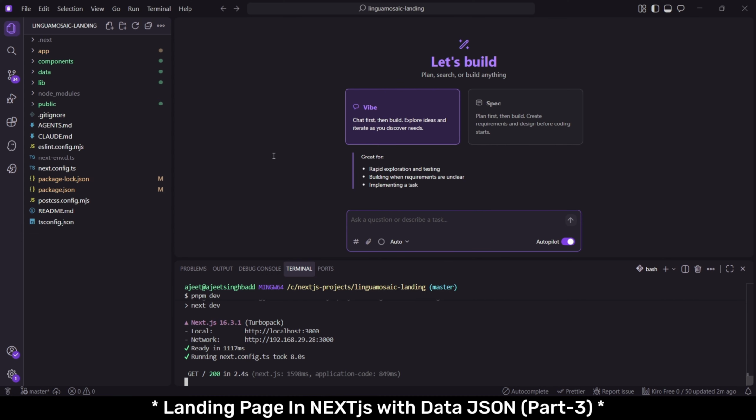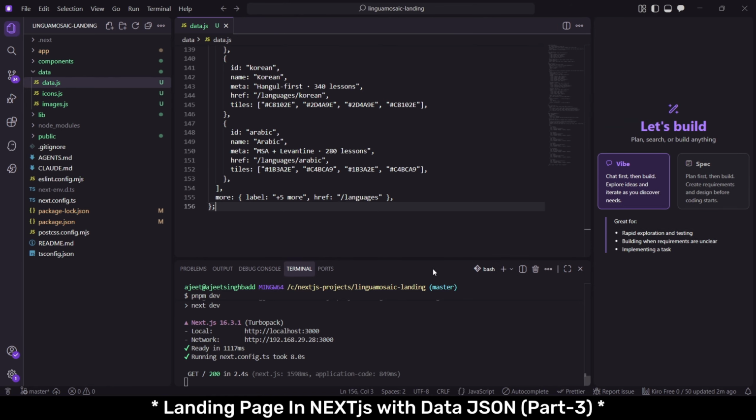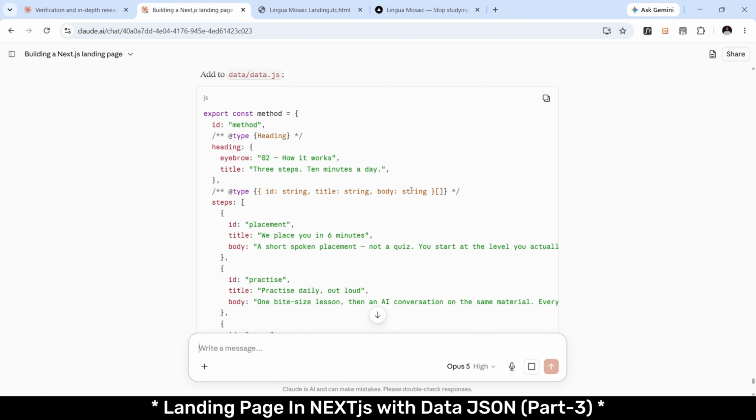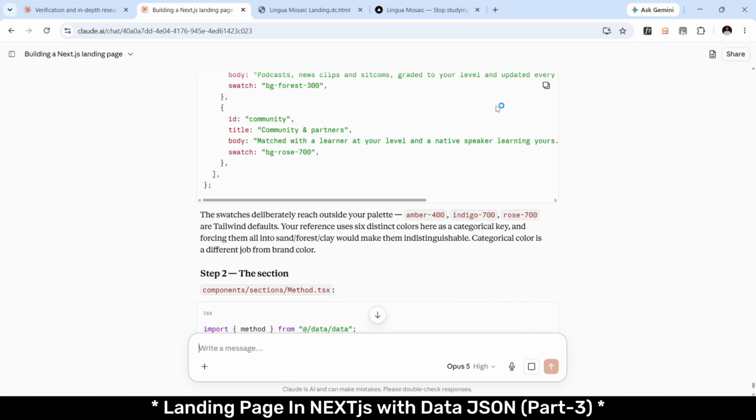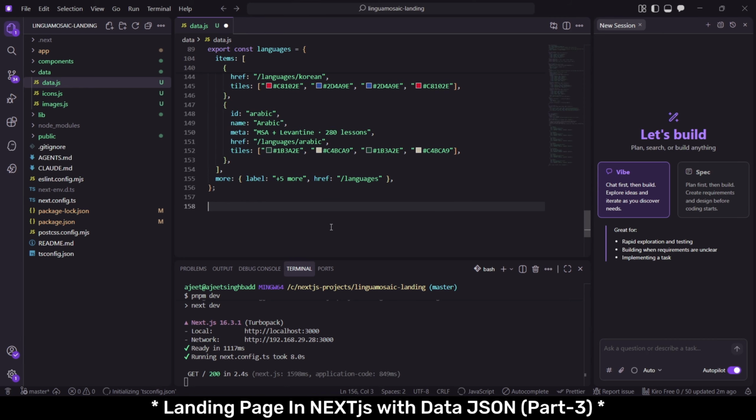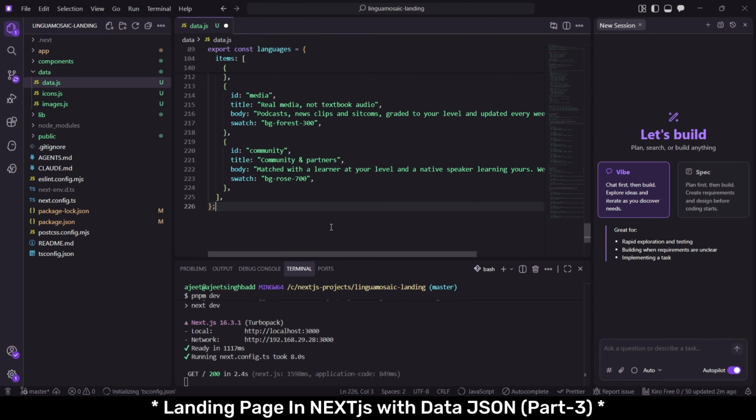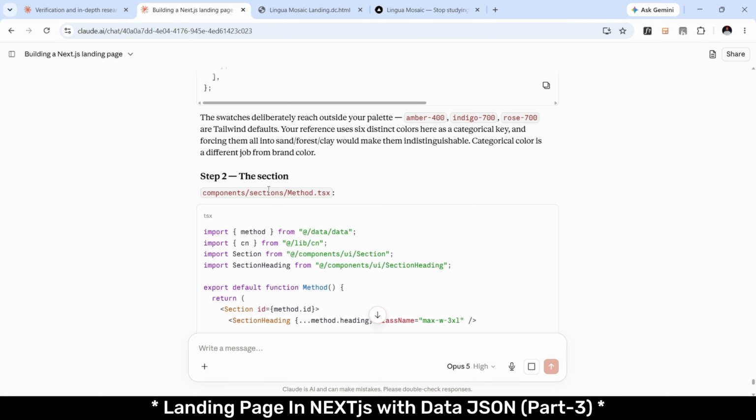So let's just open the editor, go to the data, open the data.js. Now let me just copy everything. So it's here. Let's copy this and now paste at the end. So Control S, saving it. Now go back again where we have the section. In the section, we need a new file called